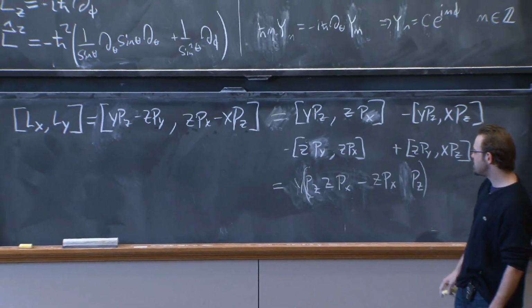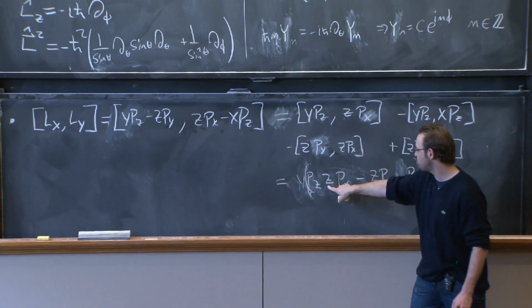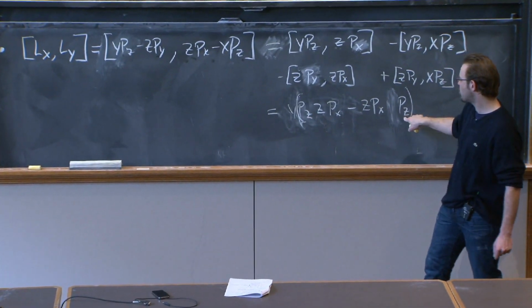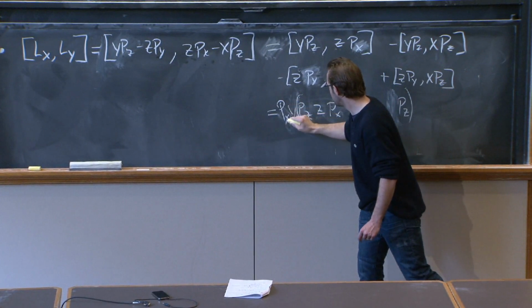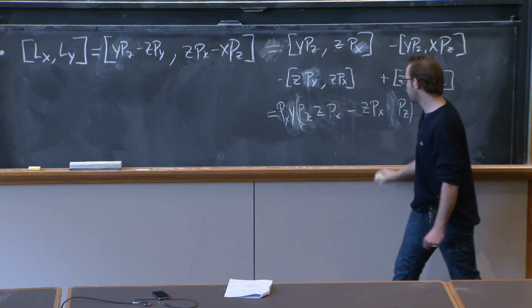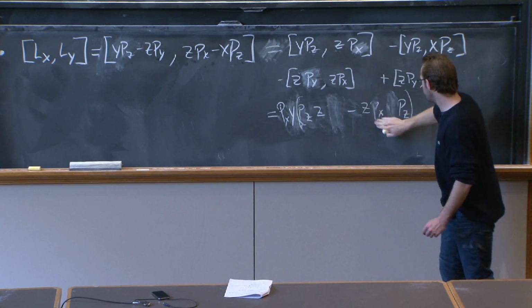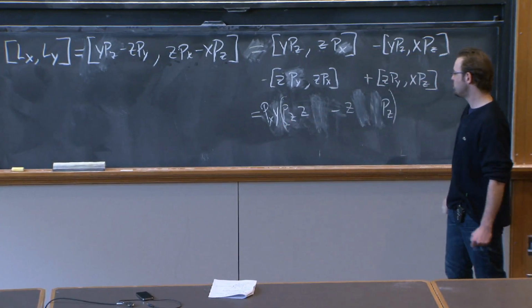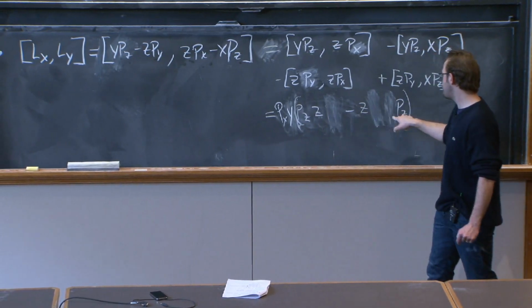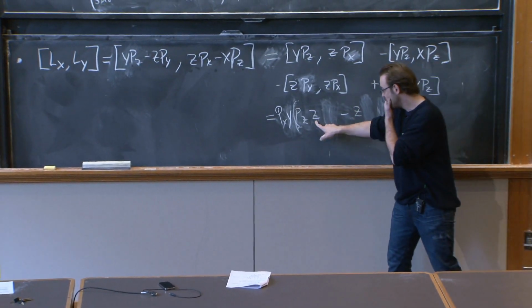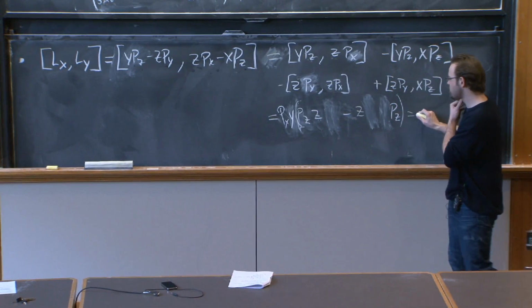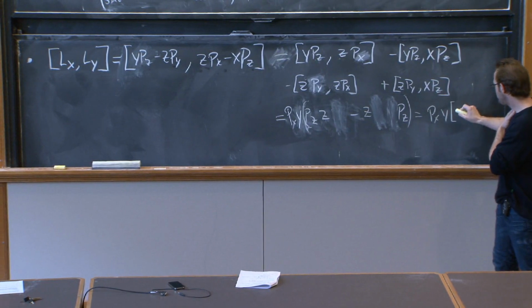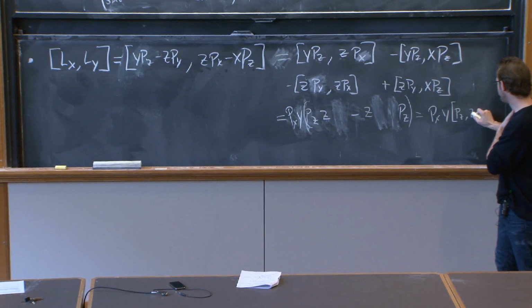But now note that I can do exactly the same thing with the px. Px commutes with z, px commutes with pz, and it commutes with y. So I can pull the px from each term out. And now I lose the px. But now this is looking good. This is px times y, and pz z minus z pz. Yeah, px y times the commutator of pz with z.